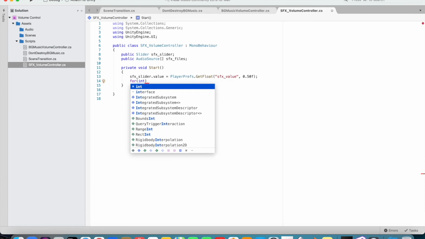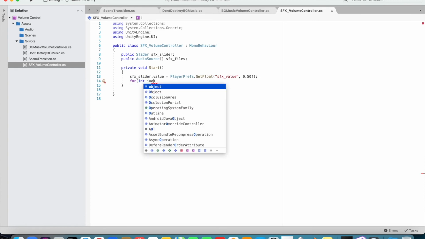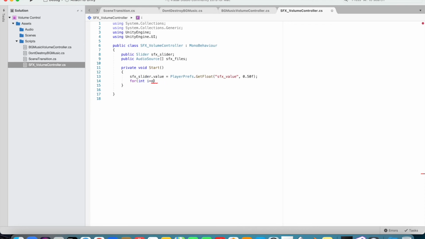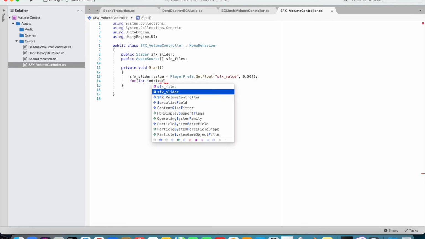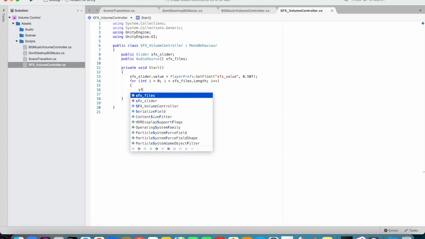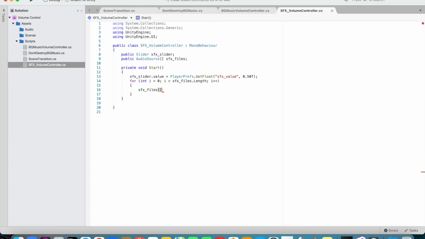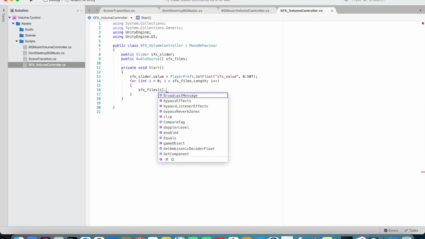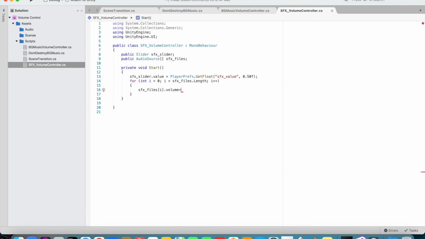For int i equals 0; i less than SFXFiles.Length, array length, and i plus plus. What it is going to do now: SFXFiles at index i .volume equal to SFXSlider.value,